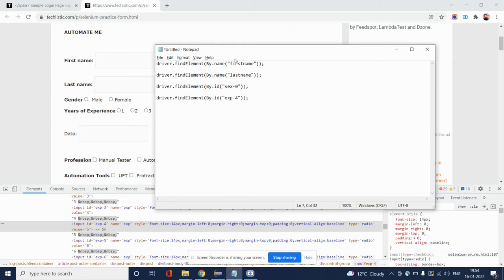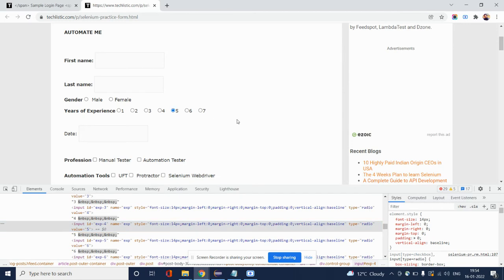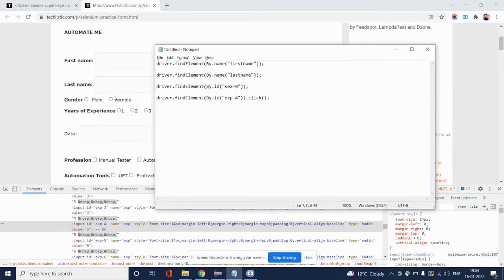I'm not doing any operation as of now on these IDs. I'm just writing them down. We can perform the operations later. We can click on it by simply using the click command. So click on this radio button. If I want to click on the male radio button, I can use dot click with this,